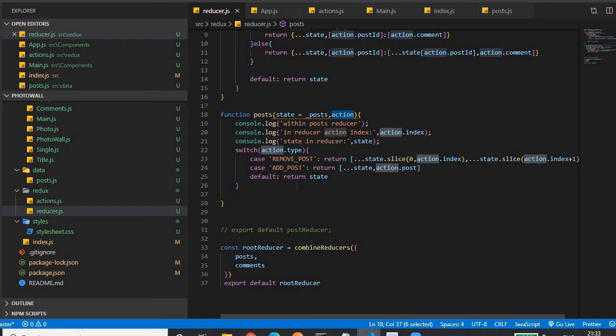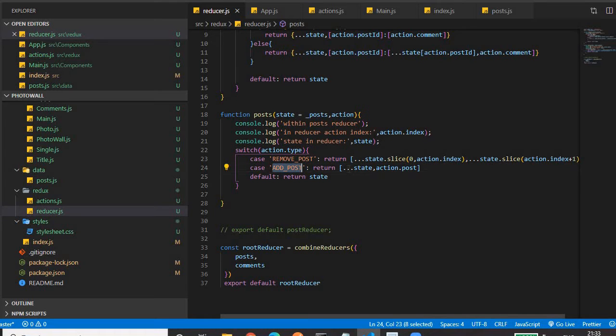In the reducer we usually have a switch statement with the argument action.type. I told you that action has two properties: one is type, another is the payload. We will come to the action later, just a moment. The switch statement is normal JavaScript. If action.type matches remove underscore post, then that case will be executed.